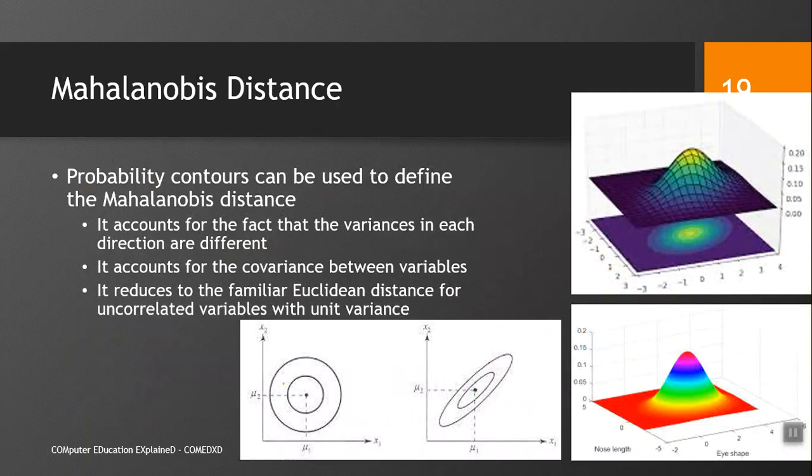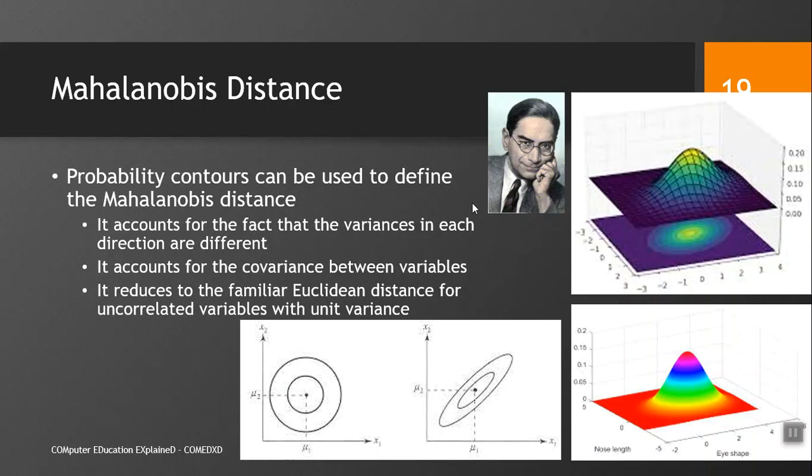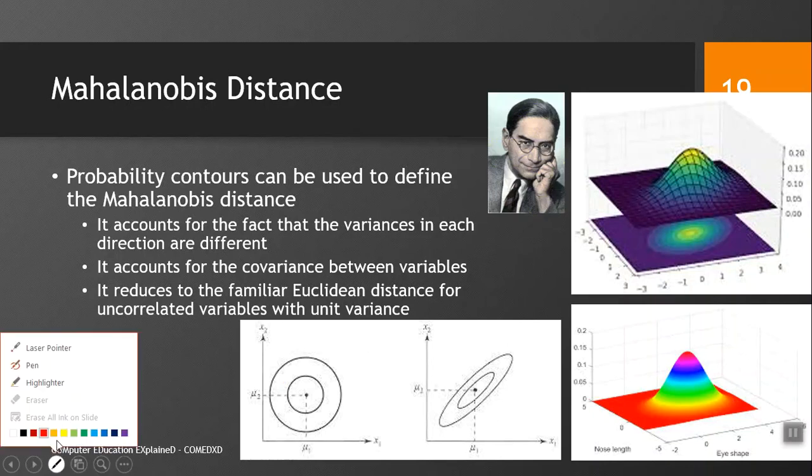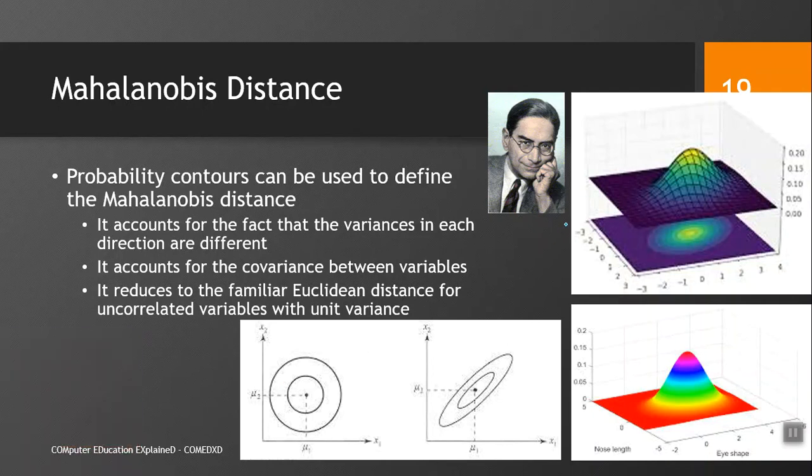Now we look at another kind of distance which is known as the Mahalanobis distance. Probability contours can be used to define the Mahalanobis distance, right? This Mahalanobis distance was given by Dr. Mahalanobis, an Indian researcher. You can find out about him on the internet, on Wikipedia and elsewhere. Probability contours that we have seen in the previous slide can be used to define the Mahalanobis distance, and here you can see that these probability contours are given,